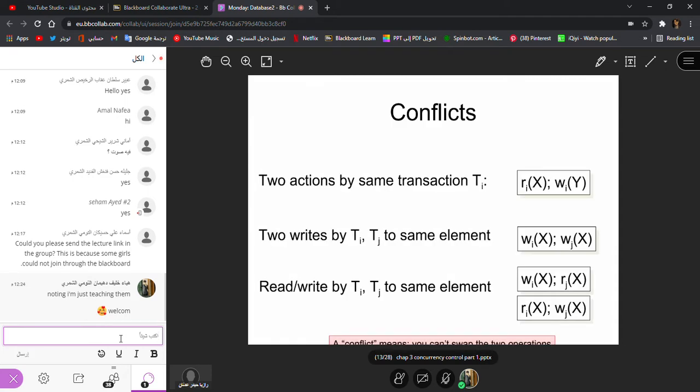Okay, for this, you need to remember this if you remember. I did that before with you, but just for a revision, I'm repeating it again. That is what we call the graph. You need to remember there are three kinds of conflicts we have when multiple or concurrent